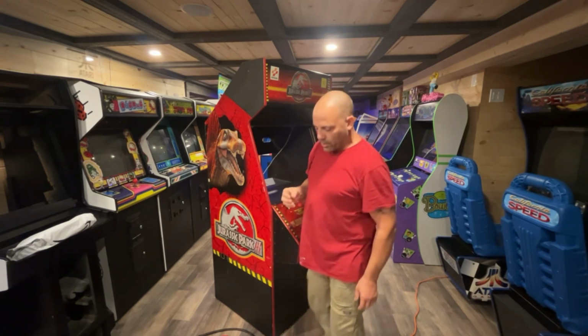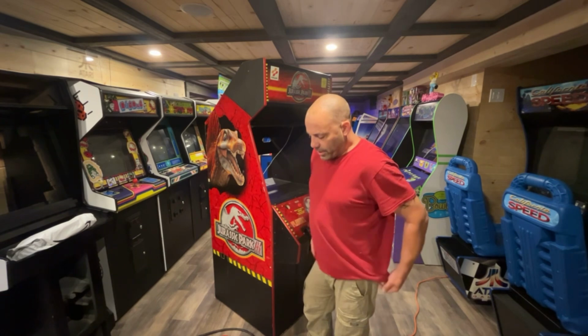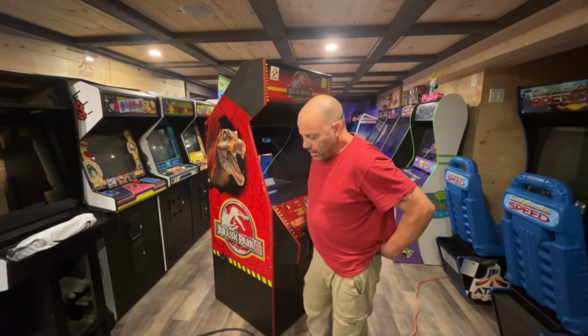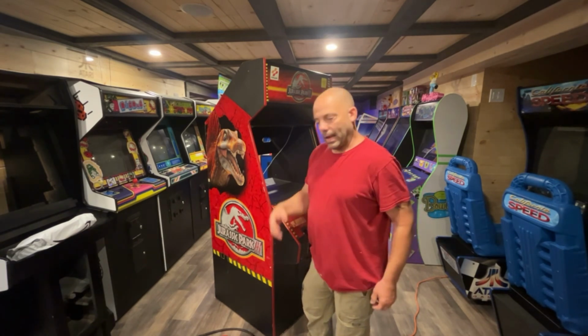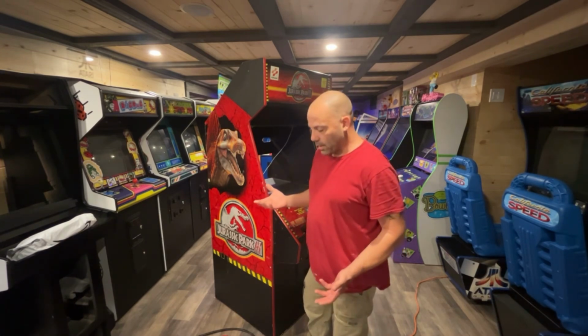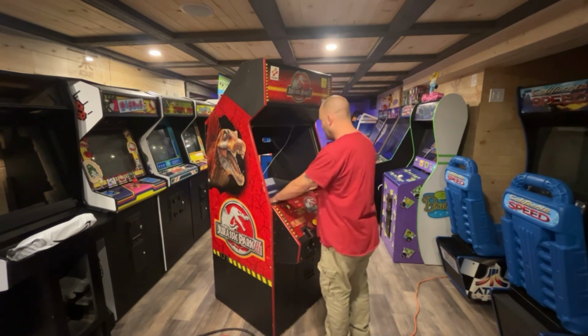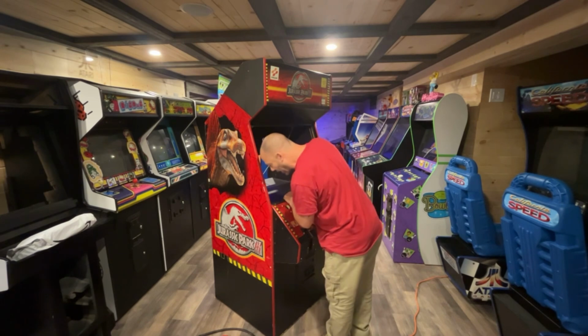I'm going to do a little work tonight on the Jurassic Park. Mainly what I'd like to do is get the power supply plugged in. I want to check my voltages, make sure that's good. I want to get the board powered up and the monitor powered up, and I want to see if it works. And then at that point, I'll have to address the cabinet itself and figure out what I need to